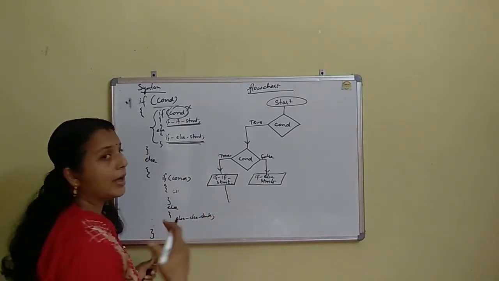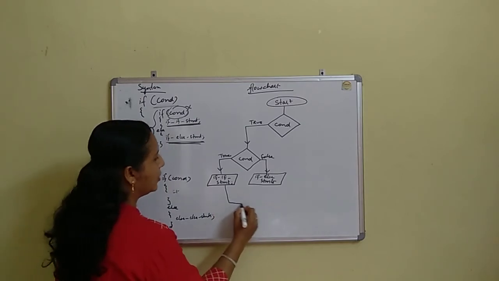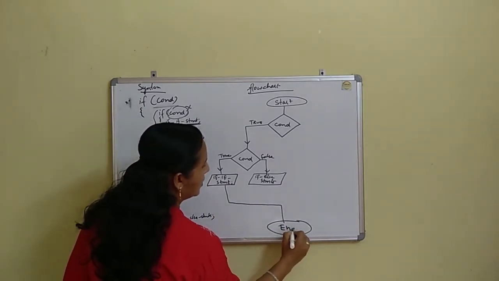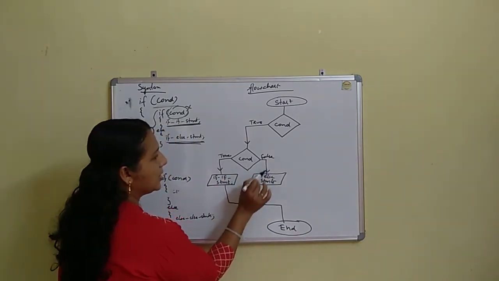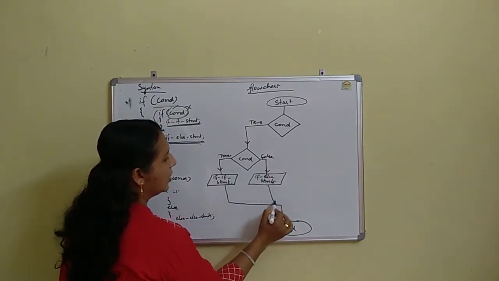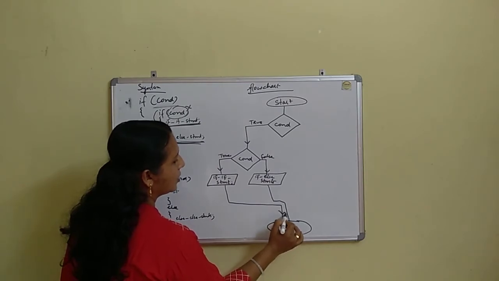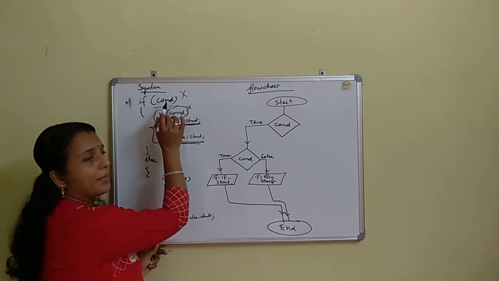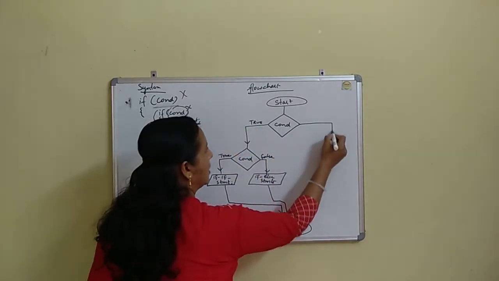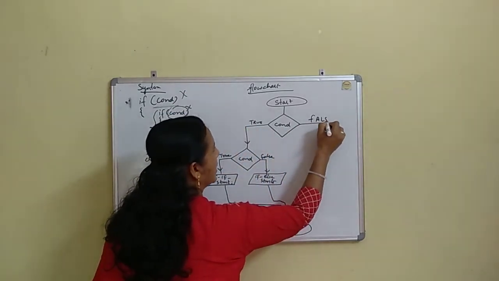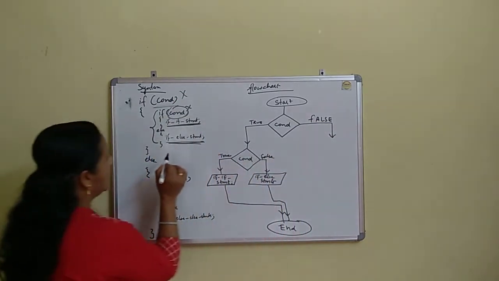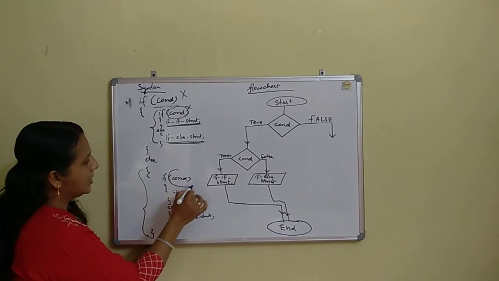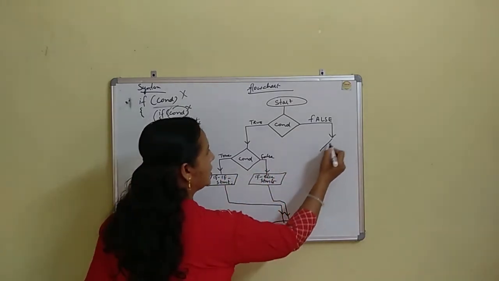It reaches the end of the execution. This is the end of the execution. And here also, if this is the case, then it will also reach the end of the execution. Suppose the main condition is false. What happens? Suppose this is the main condition and it is false, then it will come to the else part, and it will check this condition, which is shown like this